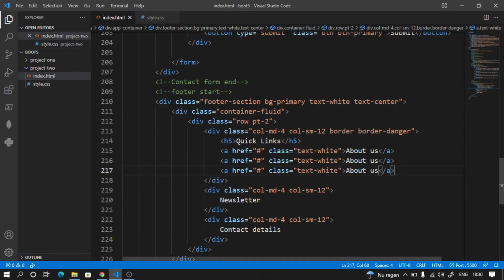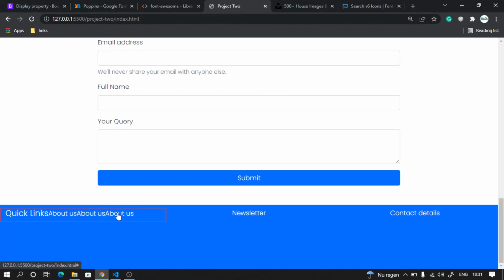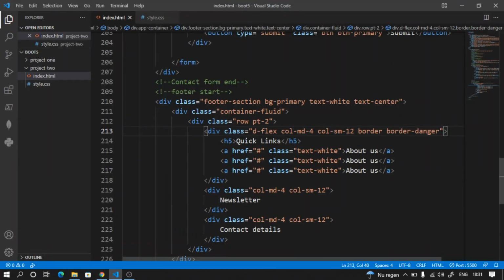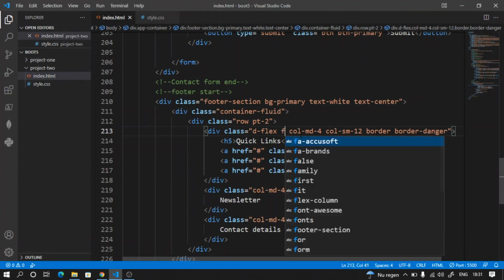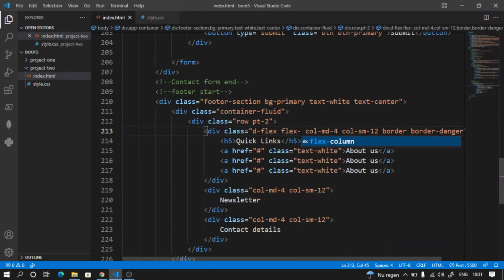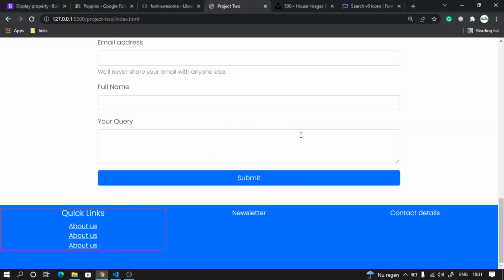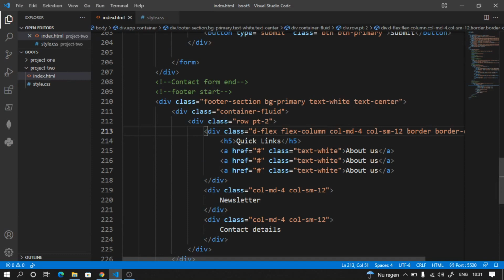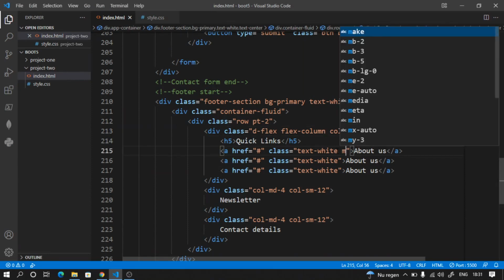So what we will do, we will make this div as d-flex. By default, if we do d-flex, it's still going to be like this. But what we want is one below another. So we'll say flex direction, we will make it as column. Save it, and we see one below another. Perfect. Let's give a little bit of margin bottom,